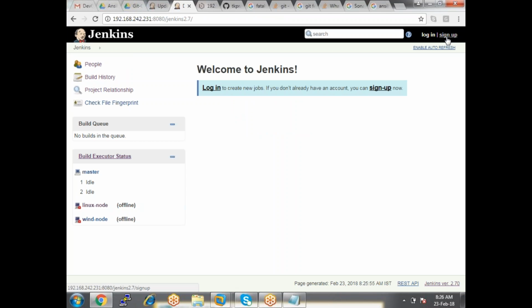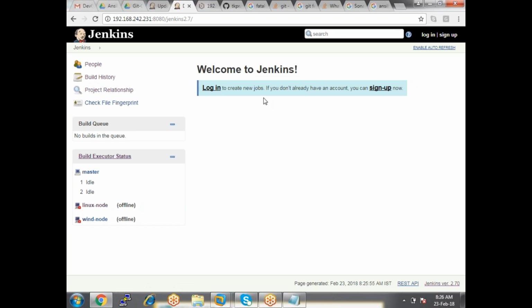Clear? So why should the users create? See, this is not a social account. This is not a social website, right? This is our internal website. So every user should not have access to sign into this application, sign up to this application. So we need to restrict this as well. I don't want to give the sign up option to every user.